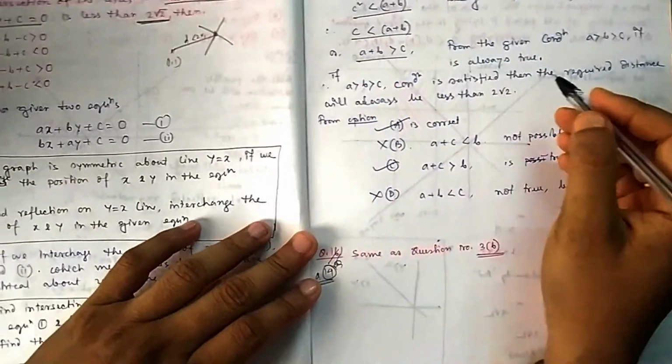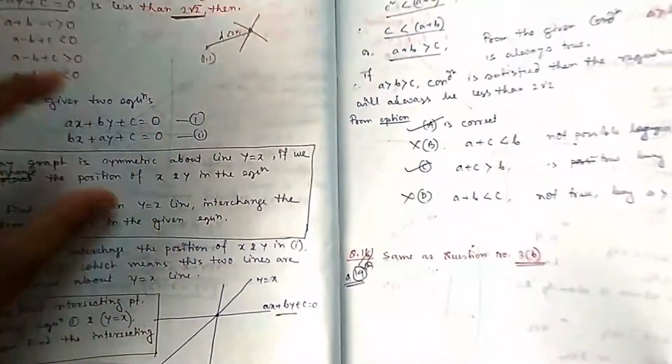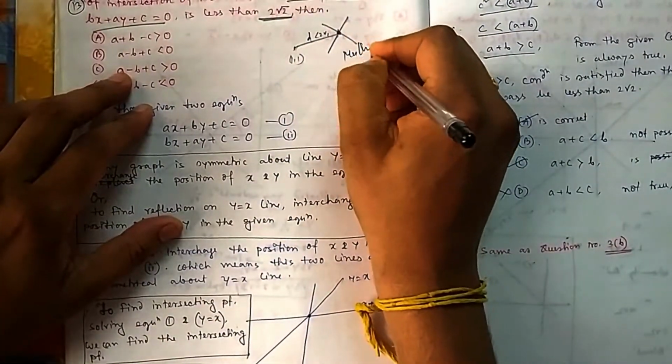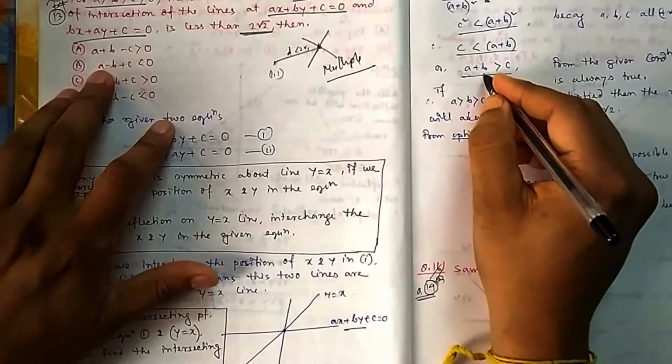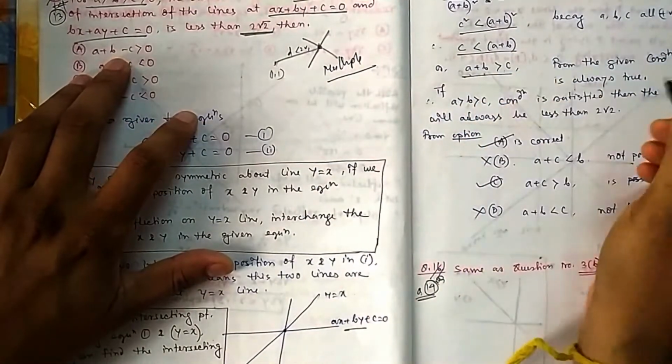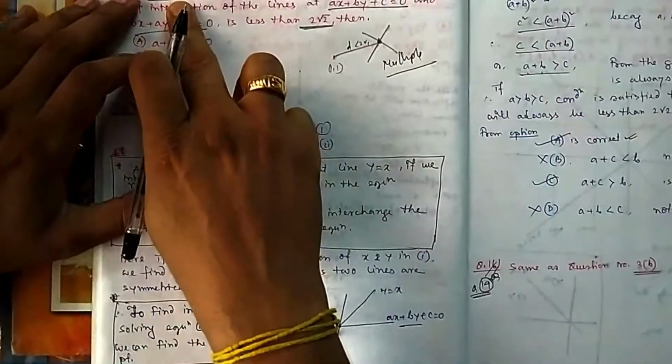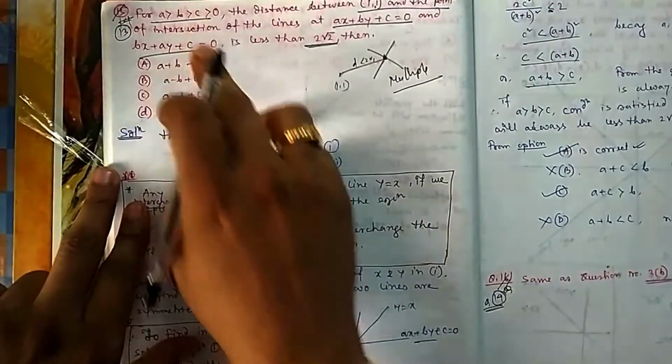A plus b should be greater than 0. From this you can see option A is already correct, because it is a multiple correct option question, so I have to check the other options also. So a plus b is greater than 0, that means a plus b plus c is greater than 0. So A is already correct. And this condition has to be fulfilled: a should be greater than b, that should be greater than c.